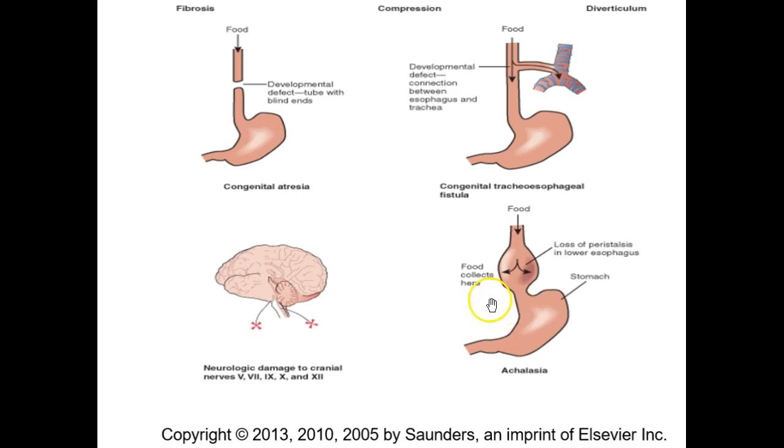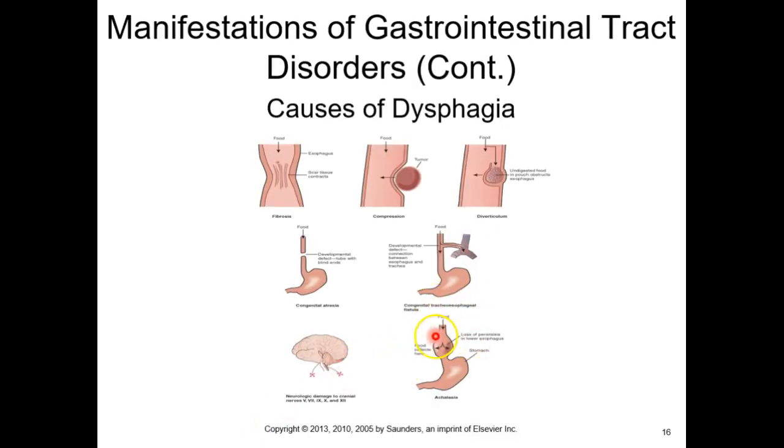And then achalasia is also going to be about peristalsis. So it's going to be, instead of having the rhythmic contraction all the way down the esophagus, at some point, either it's chronically tightened. In all likelihood, this would be like peristalsis is chronically tightened, and you're not going to be able to get past that. It's going to make a sort of sphincter, like a tetanic sphincter in a way, before it can empty into the stomach. So once again, that would be a different way of describing I feel like food's getting stuck in my throat or in my esophagus. Sometimes it is.